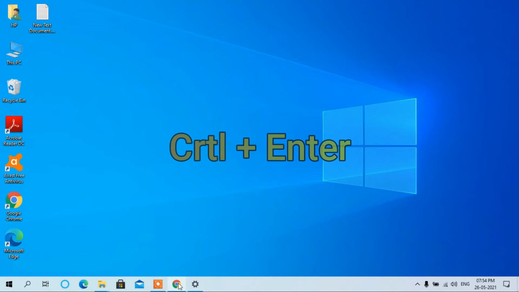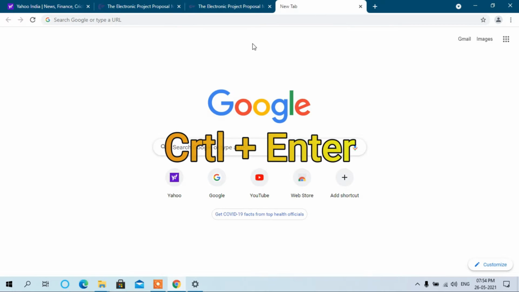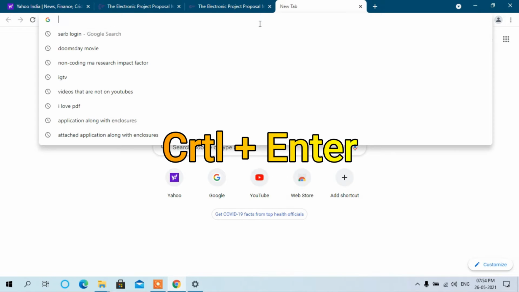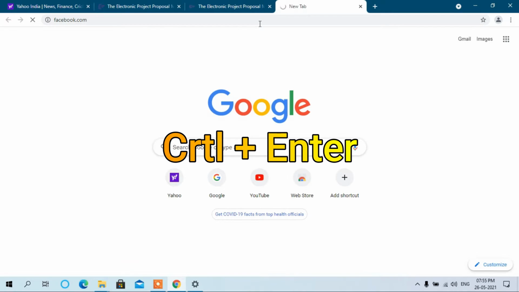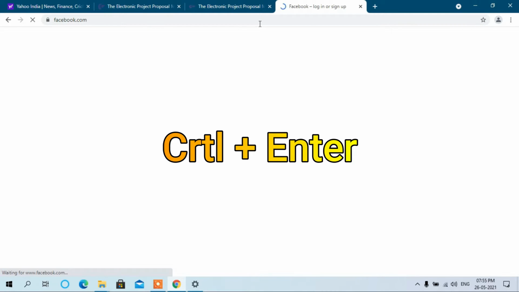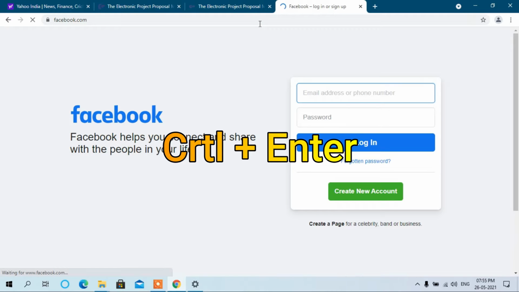For example, we have a browser and we want to write a website address, for example Facebook, and we don't want to type www and .com. We just use a shortcut key, that is Control Enter. It will automatically write the www and .com.